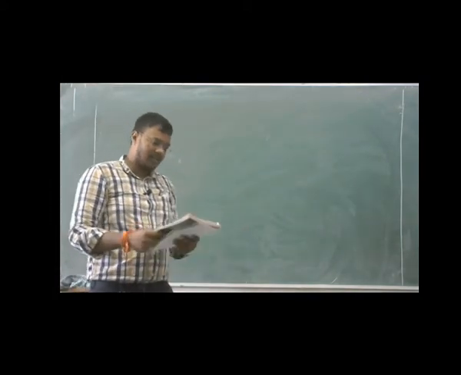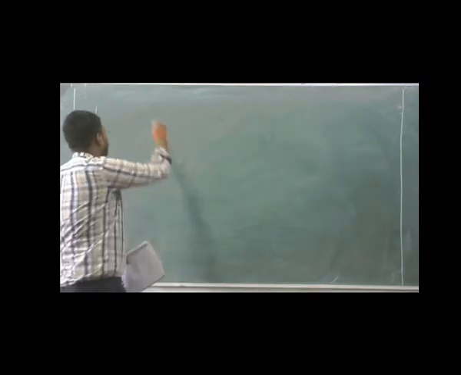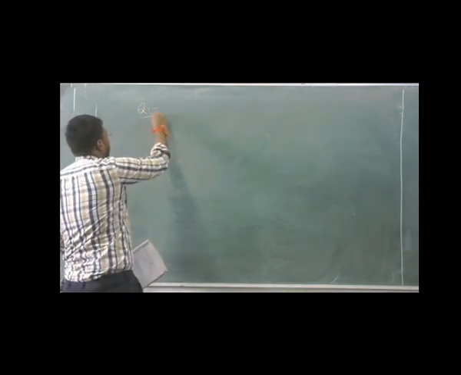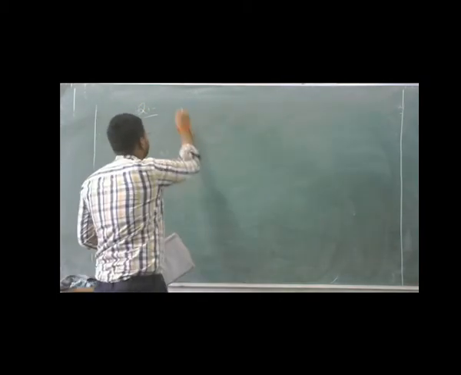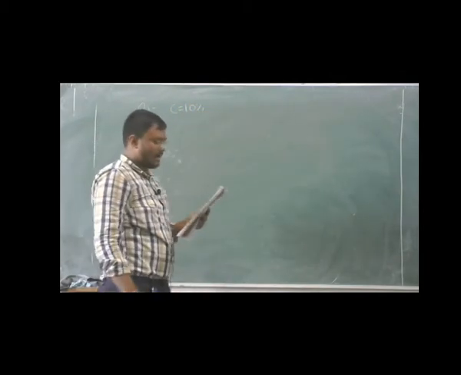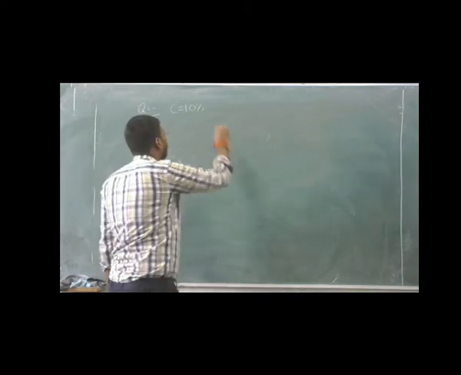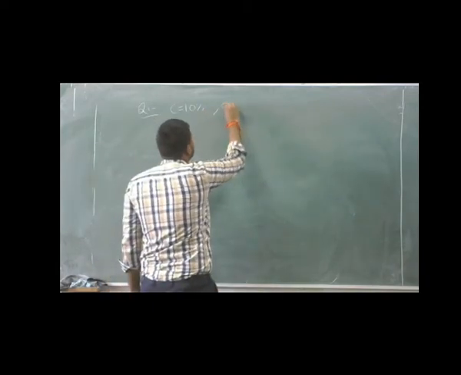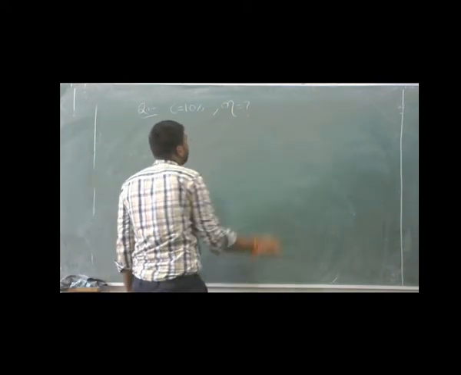The clearance ratio of an Otto cycle is 10%. Clearance ratio is given equal to 10%. Find the air standard efficiency. Clearance ratio is given and the question is asking about air standard efficiency.